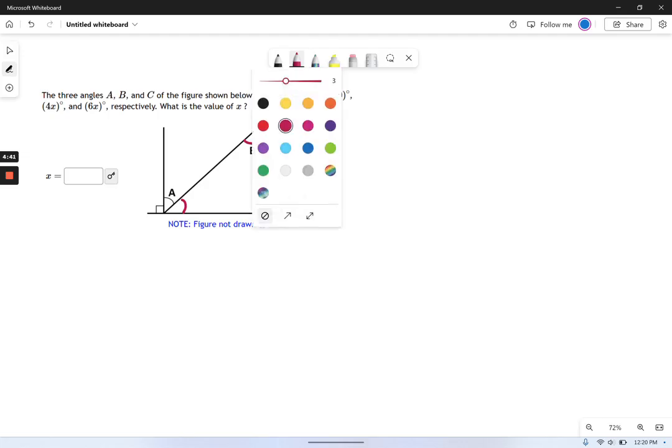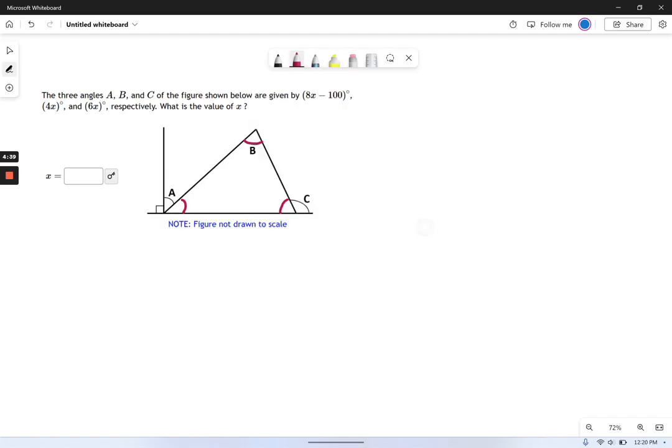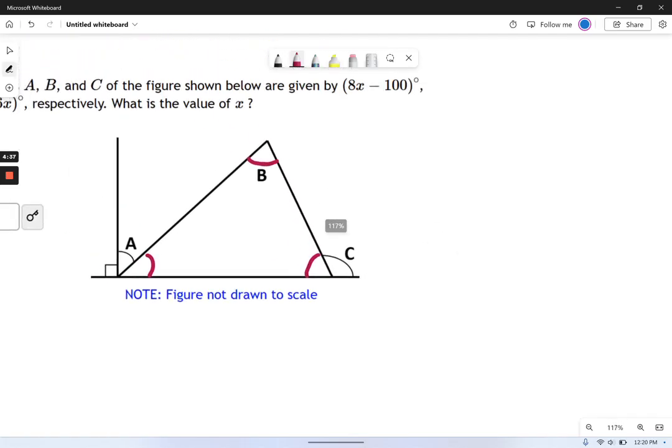Now, let's talk about what these interior angles are. Okay, I'm going to put a little more detail on this. This interior angle right here is 180 minus c. This interior angle over here is 90 degrees minus a. One of them's supplementary, one of them's complementary. The one at the top is easy. That's just b. We're given that one. Great, so I can make an equation now that says